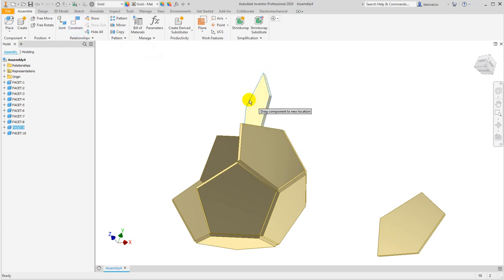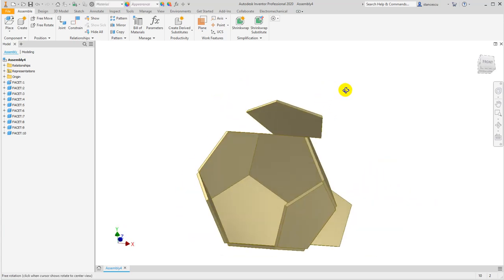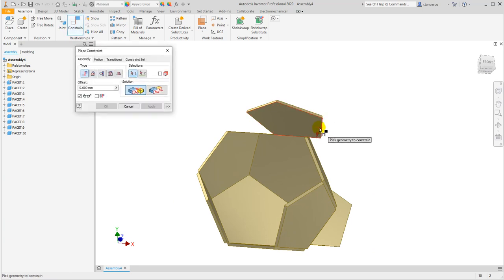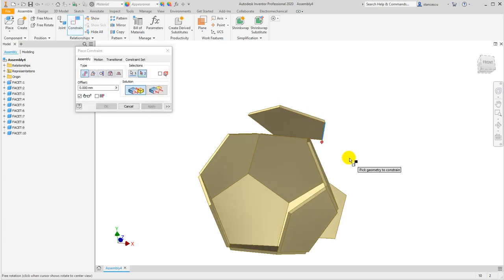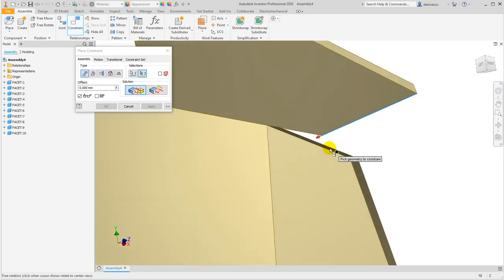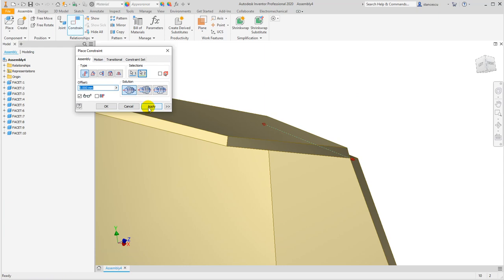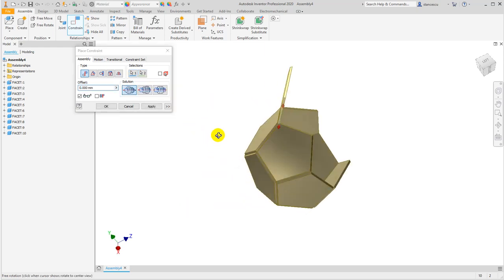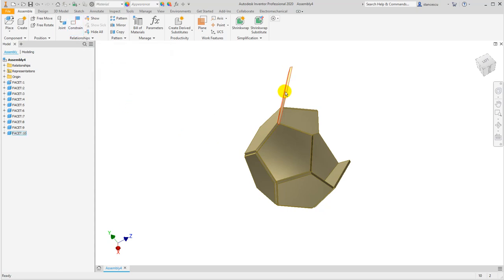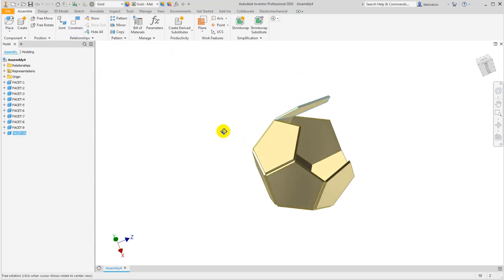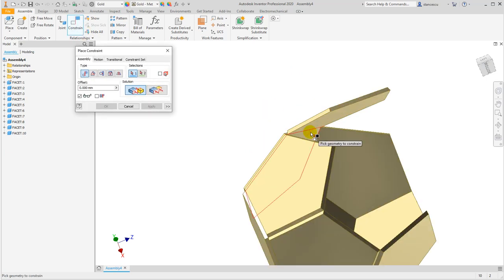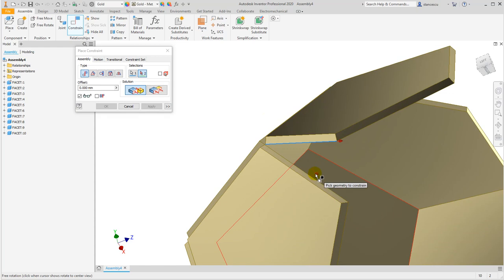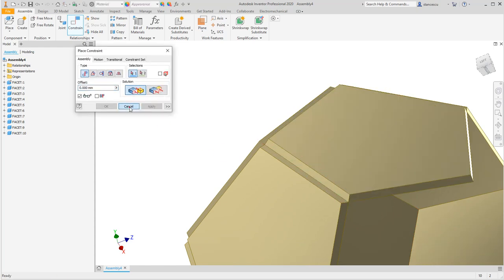I rotate it so, and constrain this edge with which one? This one. Apply. Another one, this one here. Apply, rotate to be so, constrain this edge with this edge. Apply. You see,